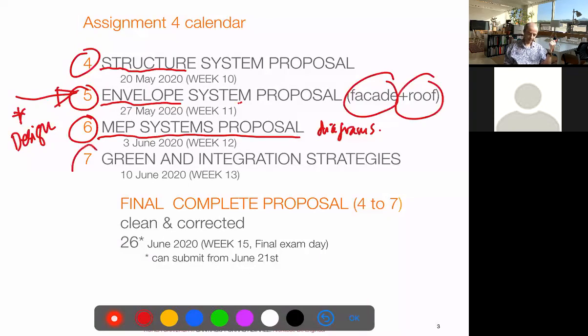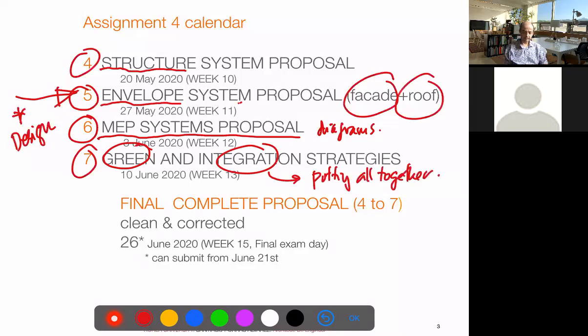And finally, I think important, it's about green strategies and integration. Integration is nothing more than putting all together. Right, so we have structure, we have envelope, we have systems, we have green strategies, and this is all part